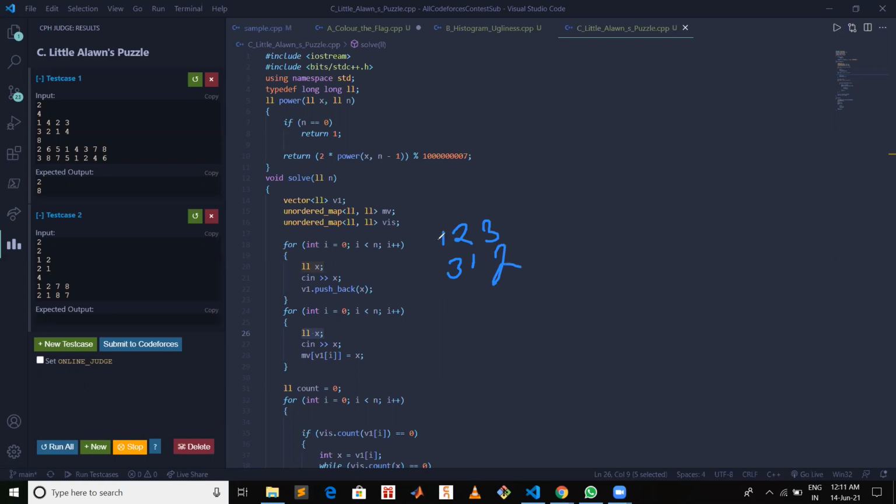So this 1 2 3 I have stored in vector number 1, v1, and then for vector number 2, when I'm taking this 3 as input, I'm storing 3 corresponding to 1 of vector 1. So basically corresponding to v1 I am storing this x. I'm storing this to make sure which number corresponds to which one, because we will be swapping those only. All right.